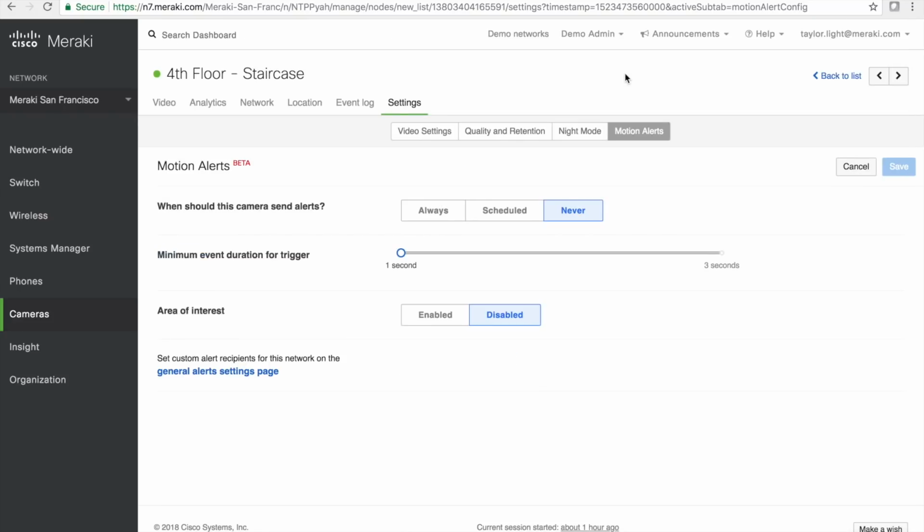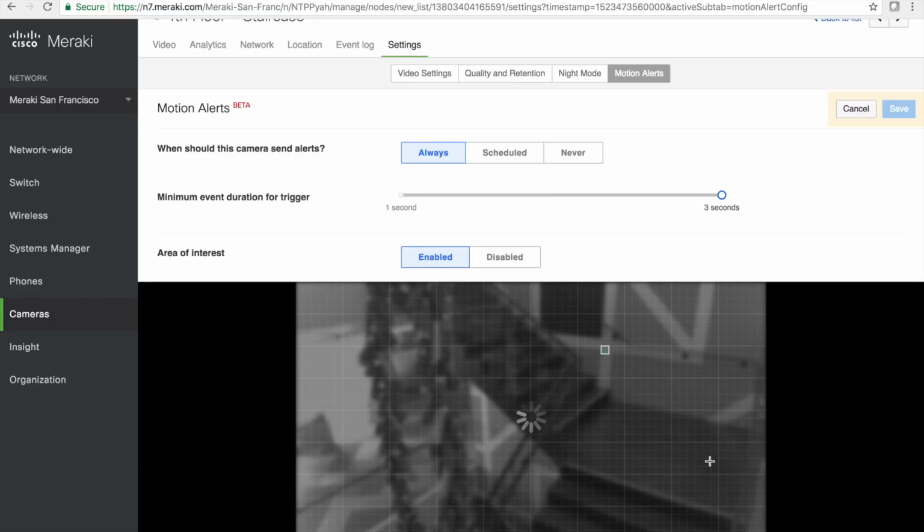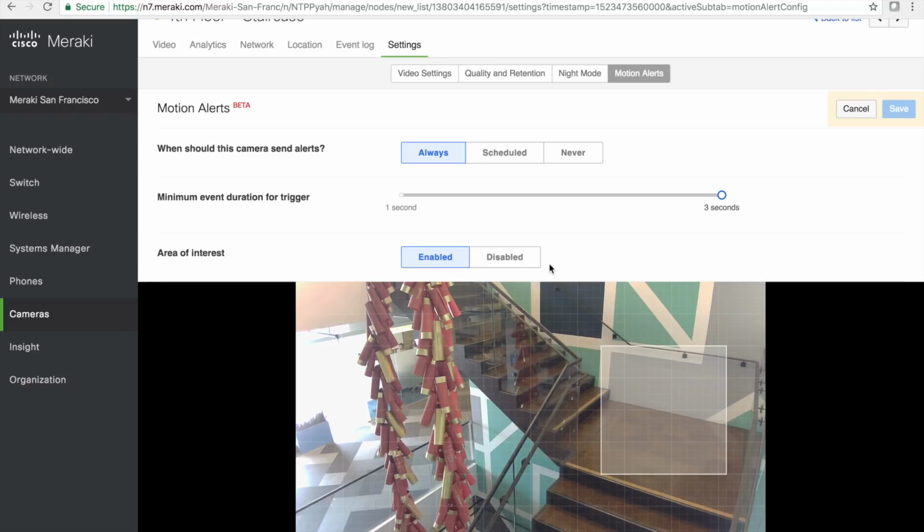One of the last highlights that I wanted to quickly mention is our ability to now do motion alerts. So with that same full frame motion processing and indexing, what we can now do is select to send motion alerts from a specific camera, either always or on a schedule. So a schedule might be if I wanted to know that people are moving within my environment after hours from, say, 11 p.m. to 2 a.m. But outside of that, don't let me know every time. I can also set a minimum or maximum threshold for sensitivity. And then if I really want to get granular, I can set an area of interest by, again, just dragging and dropping. Or I can say disabled for area of interest, and if anything happens within this camera's field of view, let me know.